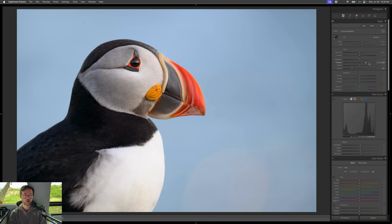And if I wanted more, I could lift those blacks even more and just keep counteracting it, right? I can go further with that and watch. See how, again, it's basically leaving everything else, for the most part, unchanged. Sorry. So I think that's a little too much on the shadow, so I'll back off of that. I'm going to give the whole thing a little hit of saturation here. I feel like